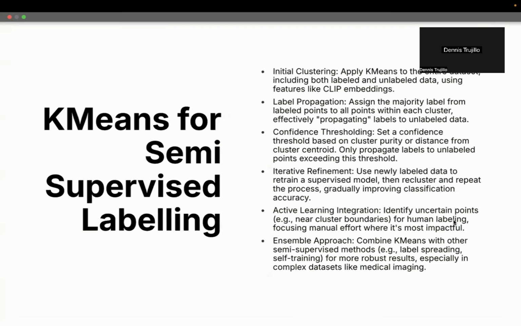I would also now like to introduce k-means for semi-supervised labeling. Within k-means, we can apply an initial clustering where we can utilize k-means to read in and label a data set which is labeled or unlabeled, utilizing features like CLIP embeddings. We can then take these labels which have been learned via k-means and we can propagate them. So we can assign the majority label from labeled points to all points within the cluster, effectively propagating labels to